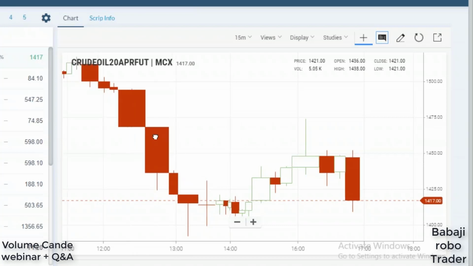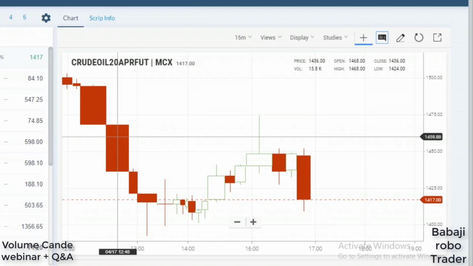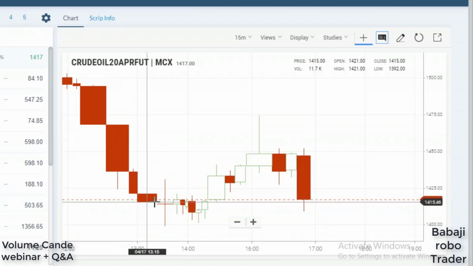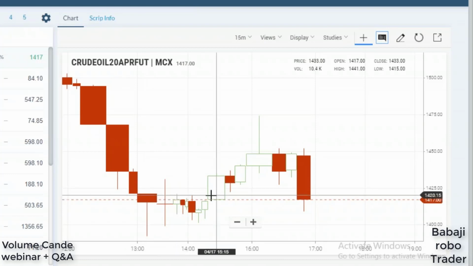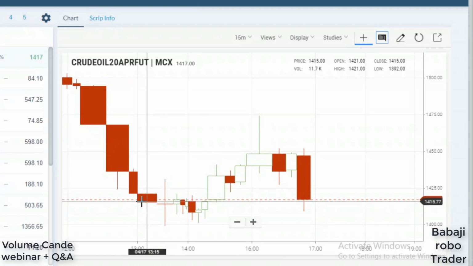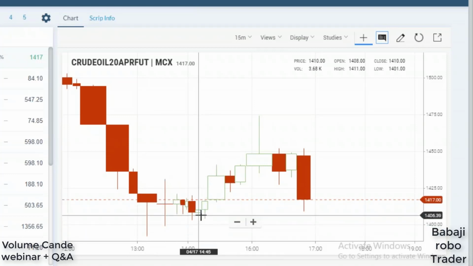Understood, everyone? With this one we can understand one thing. Suppose with the volume we can add the pin bar also, right? If you are finding the pin bar, we can see there is one pin bar here with one good volume. Whenever the volume is higher, the width of the candle keeps increasing. We can see the width of this candle is very long compared with the previous one, so it shows there is one good volume here. If there is no volume, the candle will be very small, very thin. It won't be big at all.